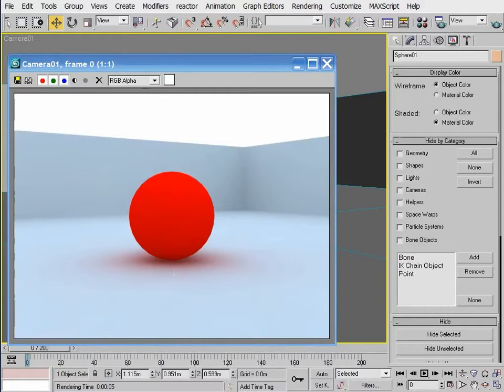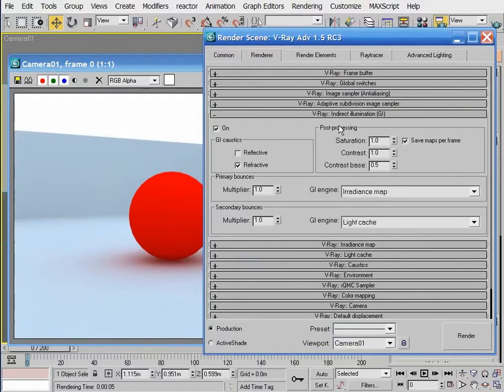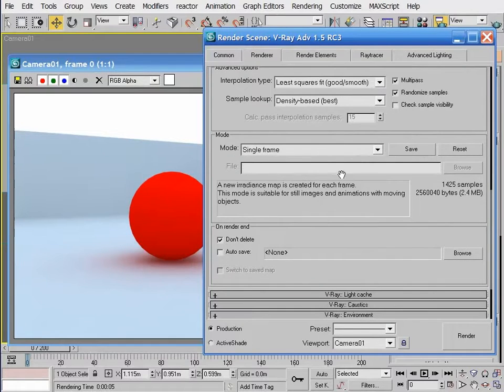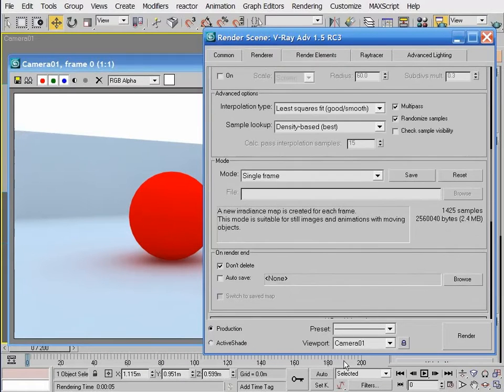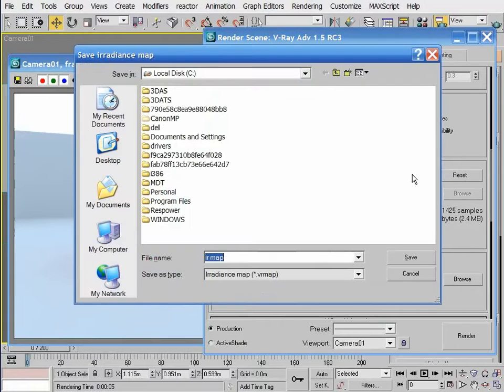Now, when I go to the indirect illumination rollout, you can see that I'm using an irradiance map for the primary bounce and a light cache for the secondary. The information used to calculate the bounced red light, as well as all of the illumination in this scene, is now stored in RAM as an irradiance map and a light cache. At the bottom of the irradiance map and light cache rollouts, there are controls that allow me to save the information calculated during the last rendered frame, which can be used to hasten and shorten the calculation of GI in other frames. And I want to do this now, so in the irradiance map rollout, I'll click the Save button,